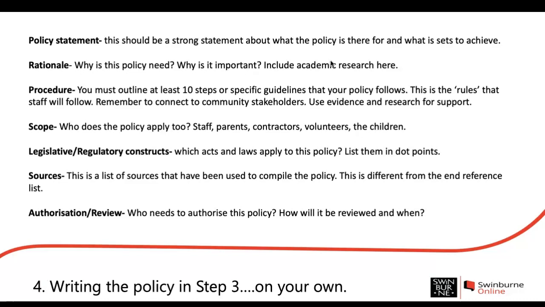So we need to say, look, we live in a 21st century environment, and digital platforms are a positive thing. We need them, we can use them if we use them in the right way. They can provide avenues for parents to keep in touch with the centre, we can post work, we can have avenues of communication and make that connection between parents and the centre and children and community open using digital platforms. However, kids need to be safe, and we need to work within the realms of the laws and regulations in order to keep kids safe and in order to make sure staff are protected,